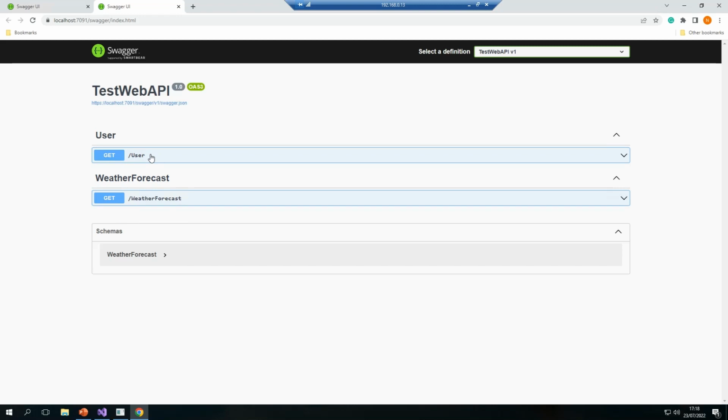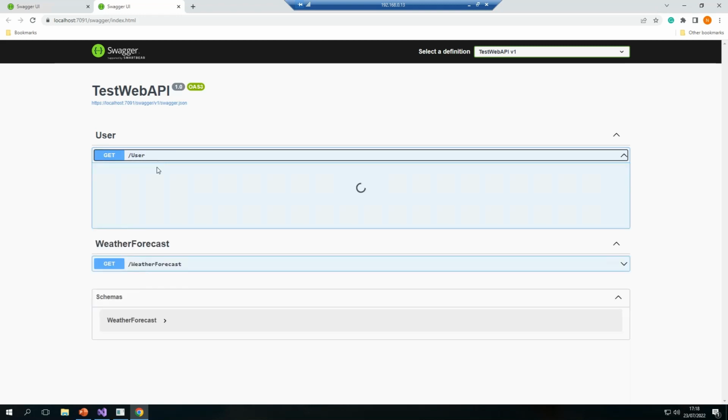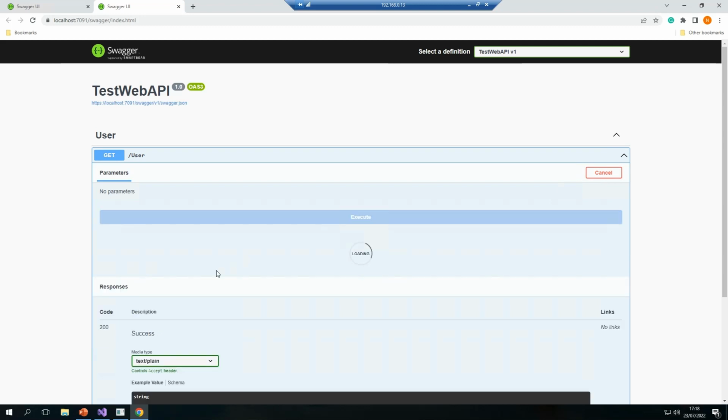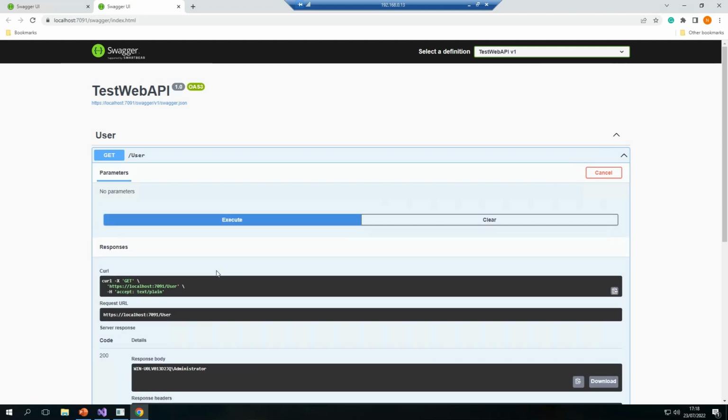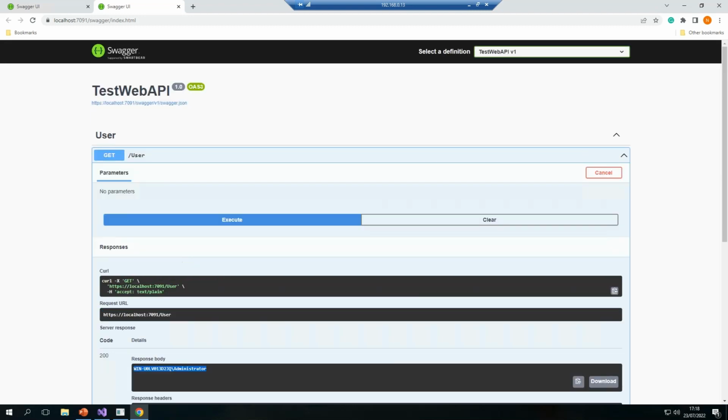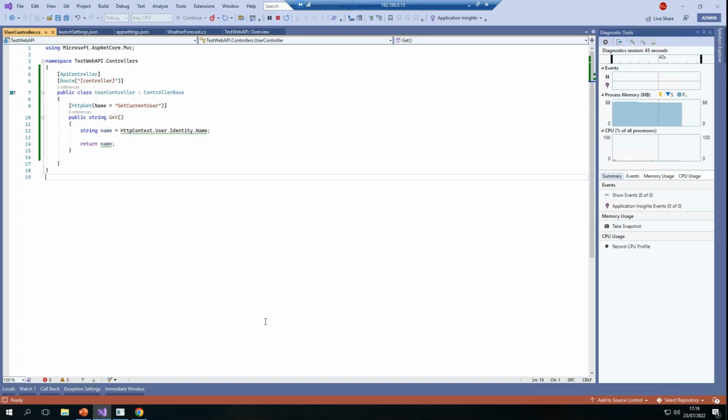You can see we have our new endpoint, user. Before that, we used to only have weather forecast. We have user now. Let's click on try. Let's see what happens. Execute. And you can see it gives me my current username because I have done Windows authentication and this is the user that I'm logged in as. So this is a simple explanation of how you can create a web API, how you can create a simple endpoint, and yeah, so